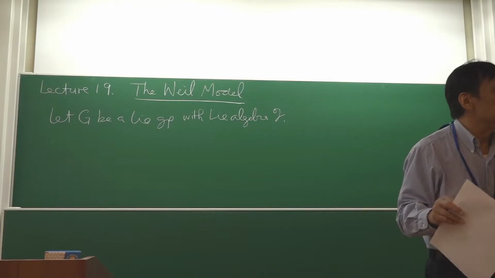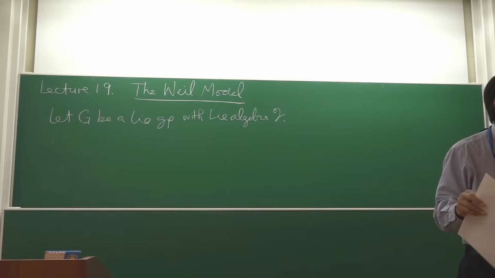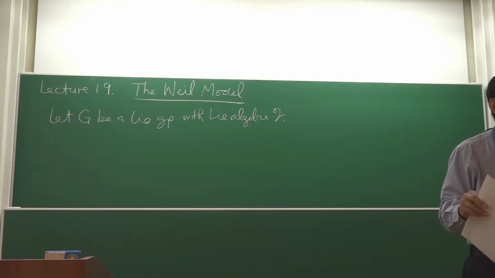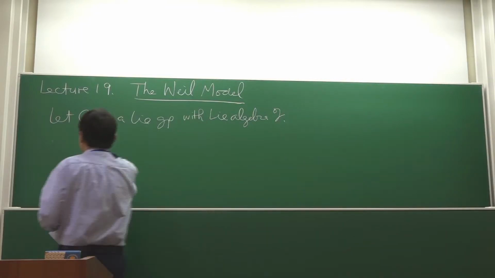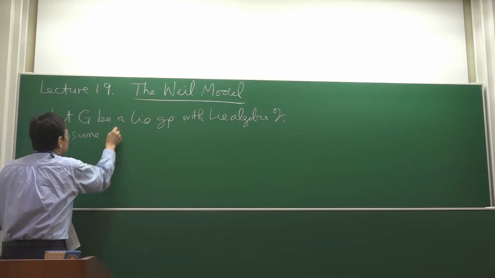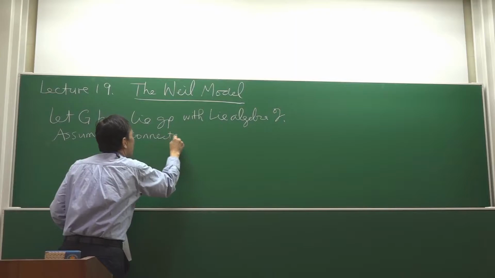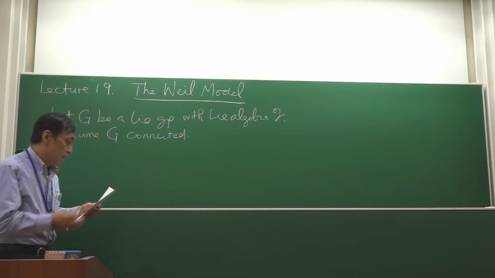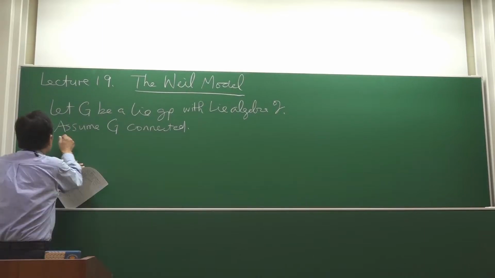But if G is connected, then an element is invariant if and only if the Lie derivative is 0, right? We proved that before. So let's assume that G is connected. Okay? Then